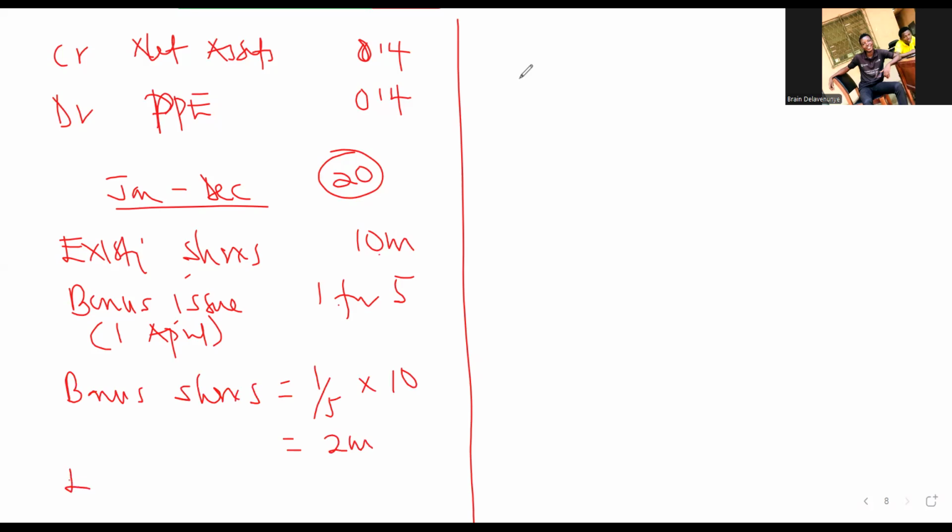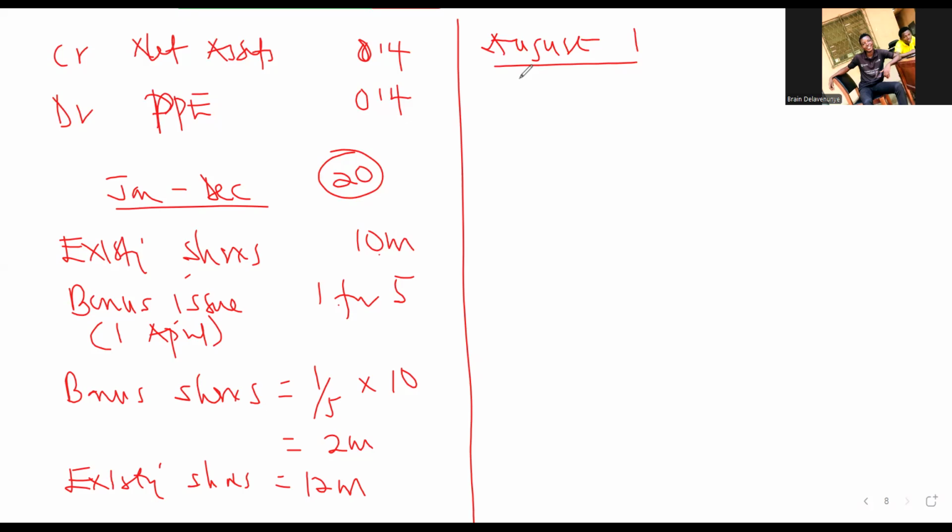So the existing shares, including the bonus issue, will now be 12 million. Okay, let's assume that the right issue has been made on what date? Can we say 1st August? Let's say 1st August, a right issue was made. What you have to know is that the right issue is always coming with what? A full market value and a bonus issue. The right issue will always come with a full market value and a bonus issue.